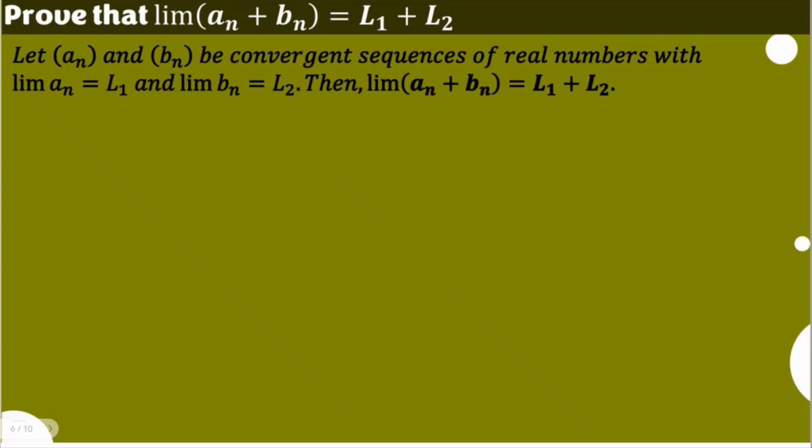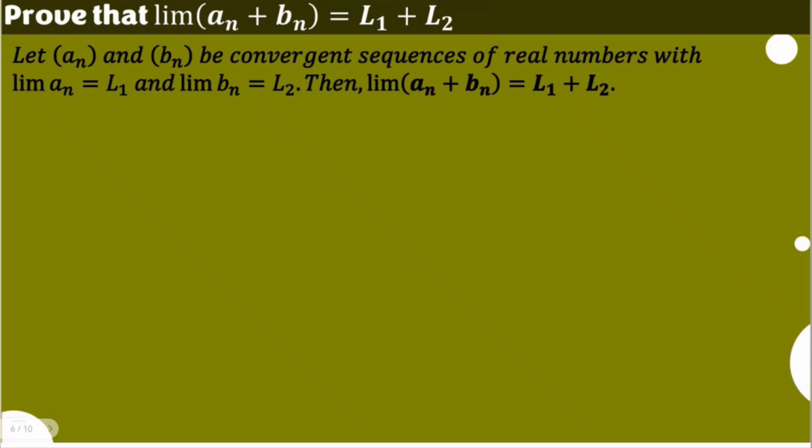This time, we are going to prove sets of limit theorems. Specifically for this video, we are going to prove that the limit of the sum of two convergent sequences a sub n and b sub n is equal to the sum of their individual limits L sub 1 and L sub 2. So we have this statement: let a sub n and b sub n be convergent sequences of real